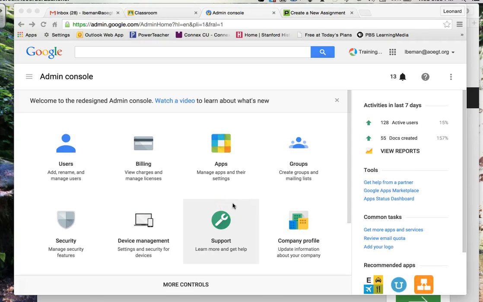Hi, today I'm going to introduce Pixton, which is a cartooning application or program that students can use to convey information that they've learned. Specifically, it can be used for project-based learning activities, and that is how I am using it in my class. I've already introduced the platform to my students, so I figured I would do the same